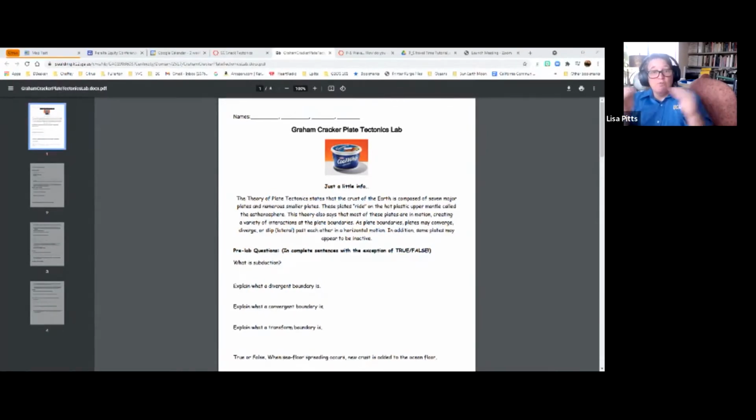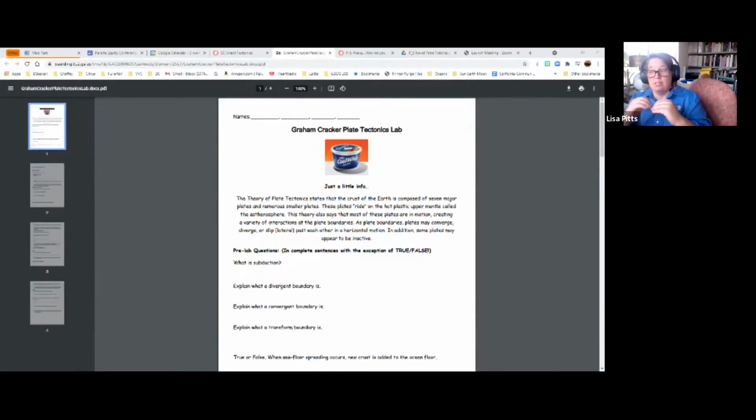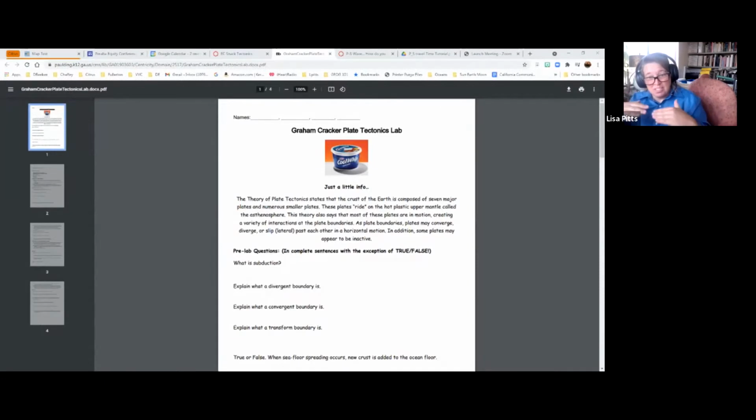So there's convergence, where they come together, divergence, where they come apart, and then there's transform, where they slide past each other. So you need something to model the asthenosphere, something that the plates are sliding on. So Cool Whip, one of them says frosting. You can use jam, jelly, something that's liquidy, that's going to ooze. It's got to be able to press into places, but it also needs to be able to hold its shape enough that you can see